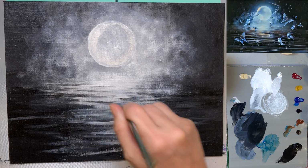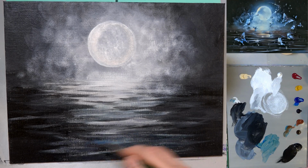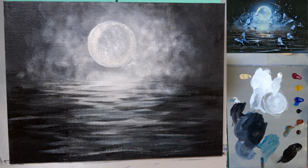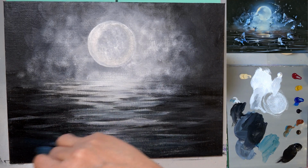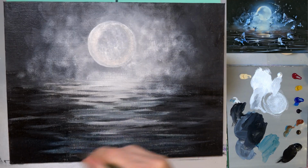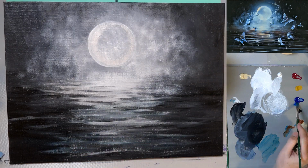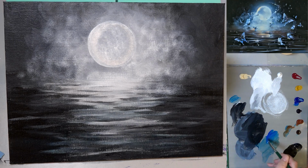these areas that I've got this light color. You can see it'll start to tint it. And I'm just kind of going subtle at first. We'll build up layers of this because I want to get some of these gray areas over here. And then if I want a really bright area, which I don't know if I do. For this one, I think I want to keep it fairly subtle, but